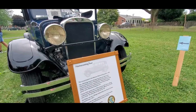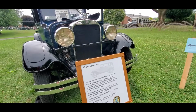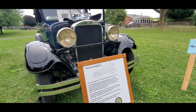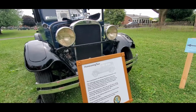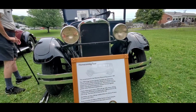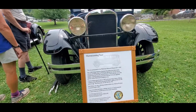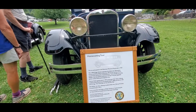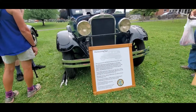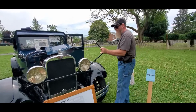This Standard 6 sedan was delivered to Charlie and Ann Kittle of Montrose, PA, and was driven around town by Ann for nearly 40 years. Ann sold the car to Ellis Wilder, former painter contractor, later fruit and vegetable grower in Montrose, Camptown area. Lifelong resident. Ann drove this car into her 70s. If you remember the Kittle or Wilder families or recall seeing this car about town, we'd love to share your memories. If you want to see the beginning of that story, you can just look up there and read the caption under the